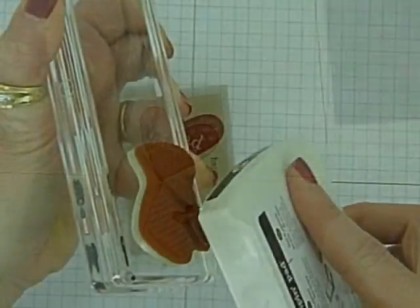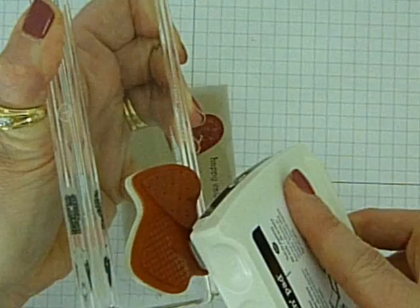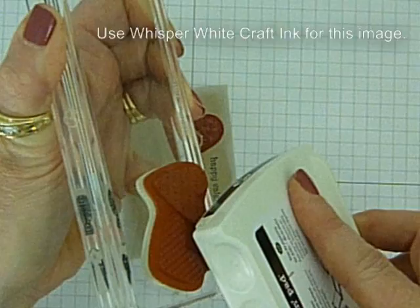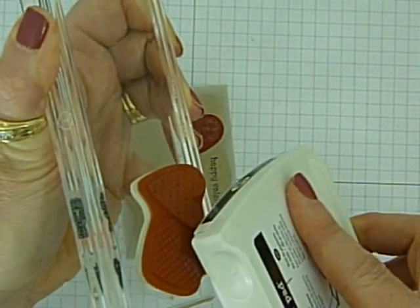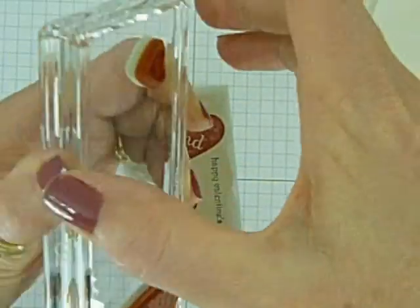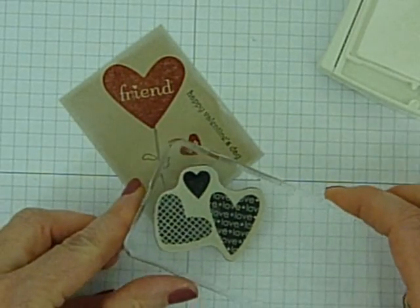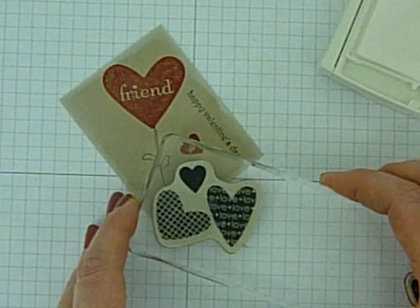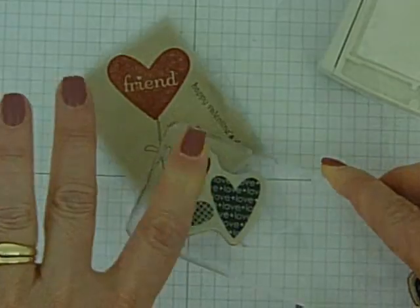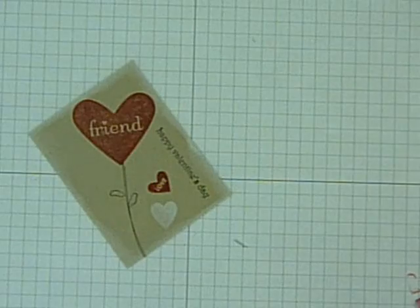Angle down, and I just use the corner of the stamp pad and get that heart inked up without touching all the other ones. Try to avoid all the other images on there. If you get a little on like I just did there, you can wipe that off. And we're going to stamp him a little more of an angle here. While that craft ink is drying a little, we're going to fill in the leaves using